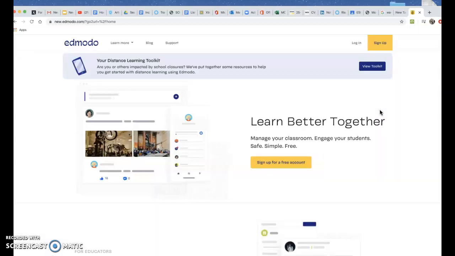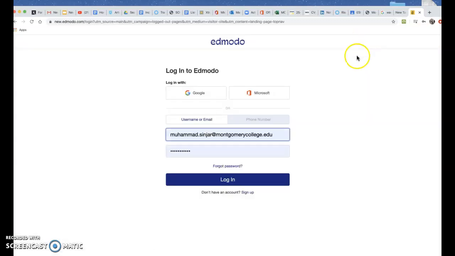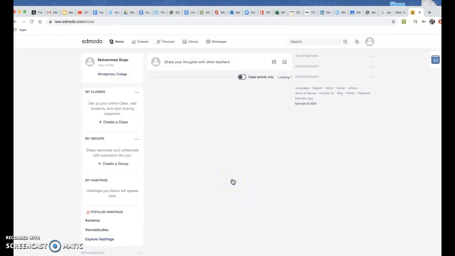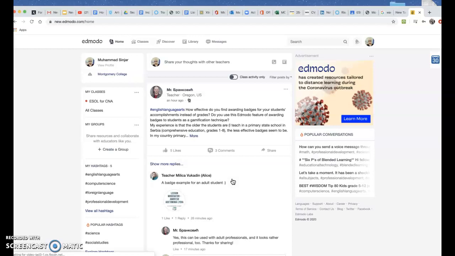it shows you this page. I need to log in. My information is already saved here. For you, the username is your email address, and the password is the one we agreed on, Julie, but it's lowercase. You log in. Once you log in, this is the general website for Edmodo, but I need to go to